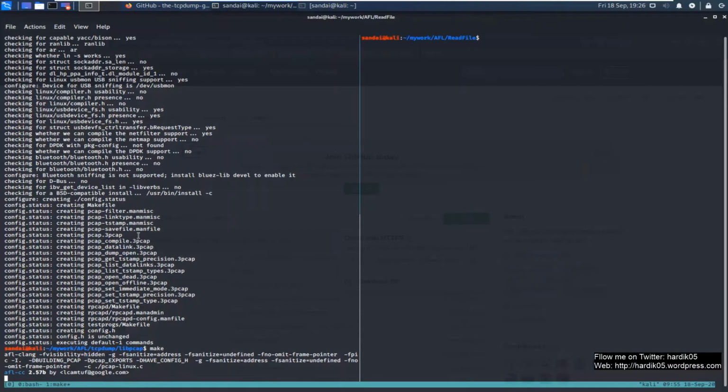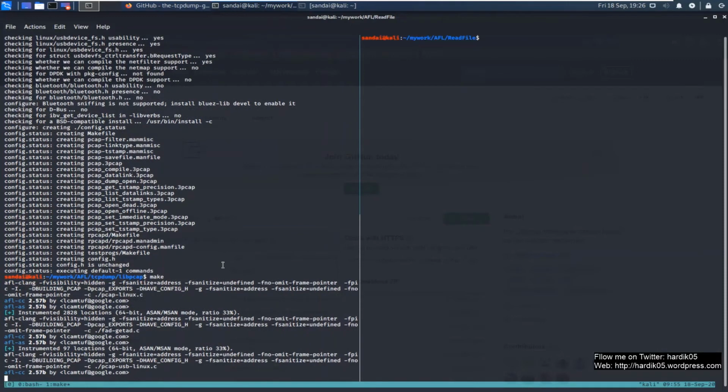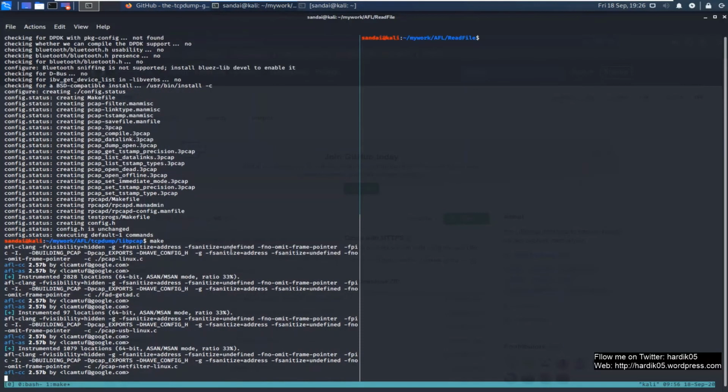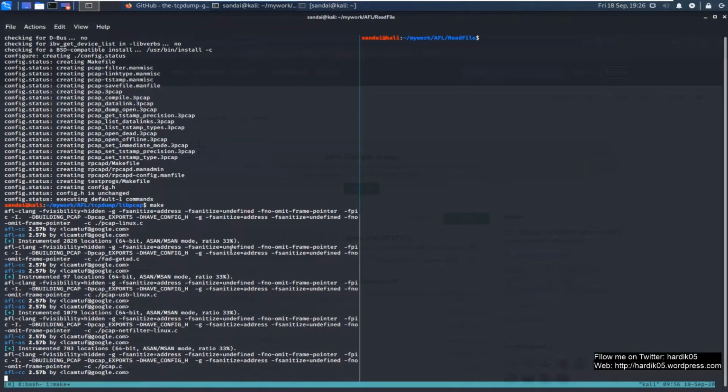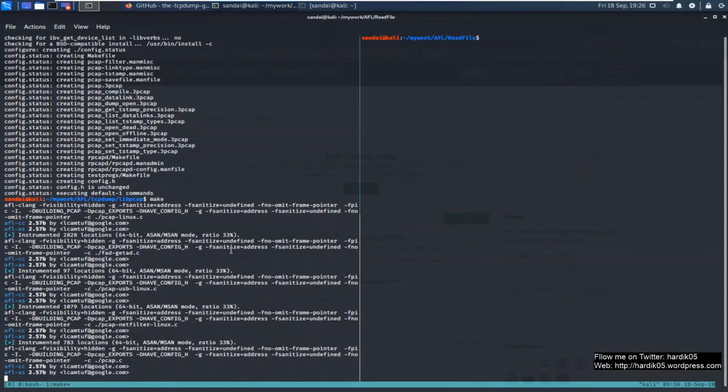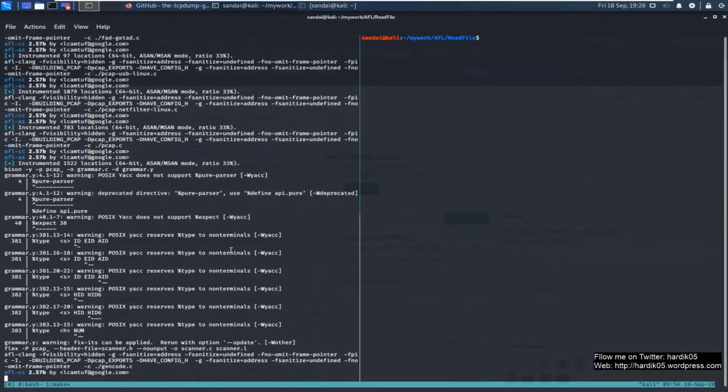You can see that our binaries are getting instrumented by afl-cc over here. You can see it is in ASan and UBSan mode. It's taking some time.